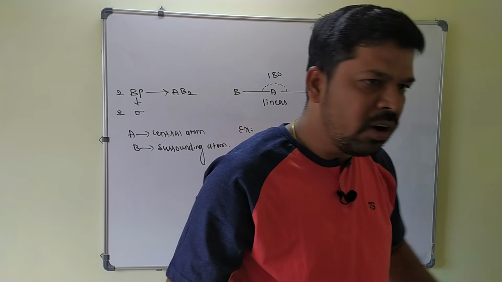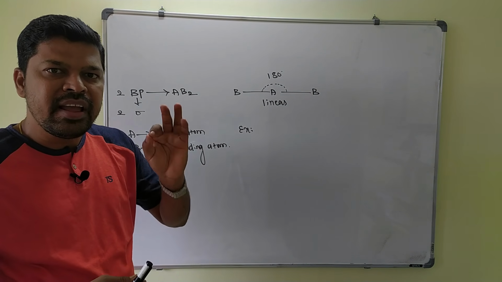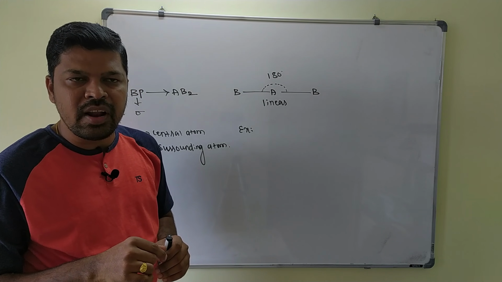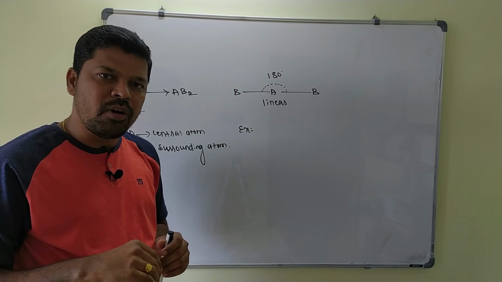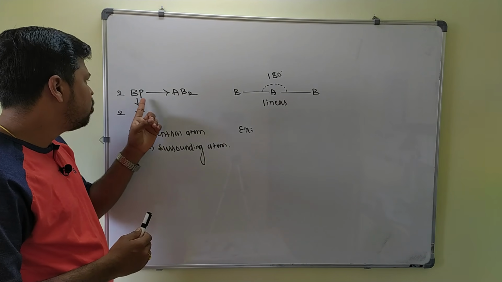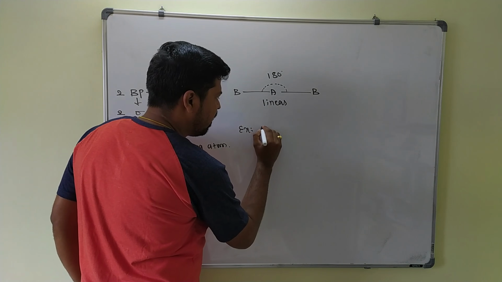So now we already know how to calculate the total number of bond pairs and lone pairs of electrons. Any molecule given to you, just go for the central atom, write the number of valence electrons and find out the number of bond pairs and lone pairs of electrons, and you will come to know that if any molecule has 2 bond pairs, directly it is what? Linear shape. For example, I will take